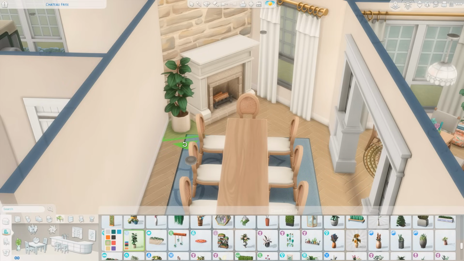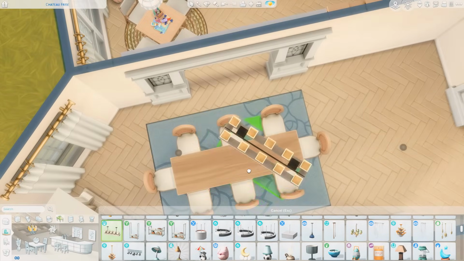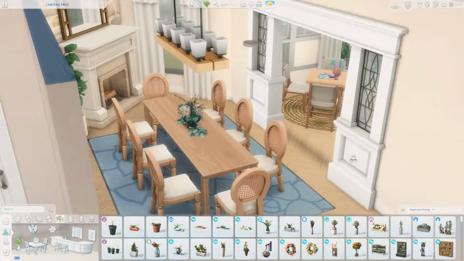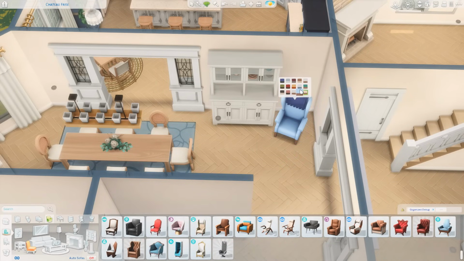But in this dining room space, I ended up using this giant base game table and pairing it with these chairs from the Wedding Stories game pack. I think they look so pretty. And this light fixture from Cats and Dogs, I don't remember the last time I've used it, but it worked so perfectly in this space. I just think it looks so inviting and light and bright, and something about coastal homes I think is so